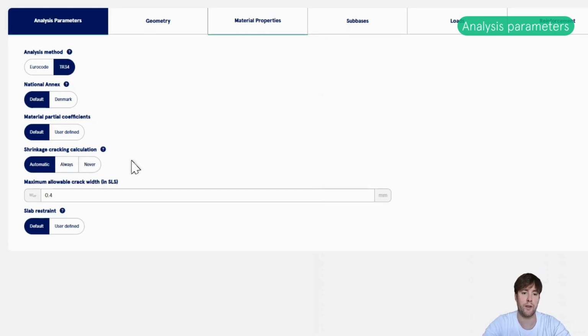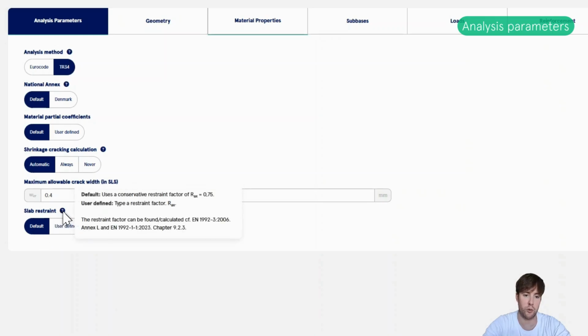Or never, then the program will neglect the shrinkage cracking calculations. When you choose always or automatic, you will have to decide what is the maximum allowable crack width. And also when you choose to have shrinkage cracking calculations, we also need to use this restraint factor to make